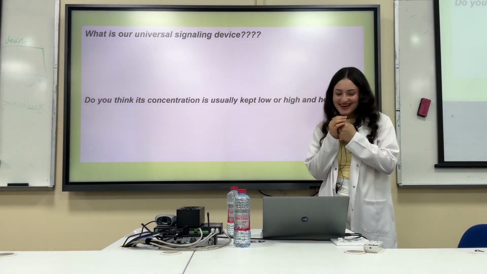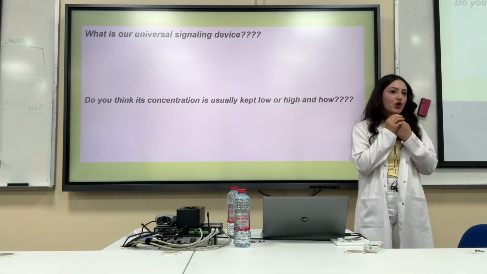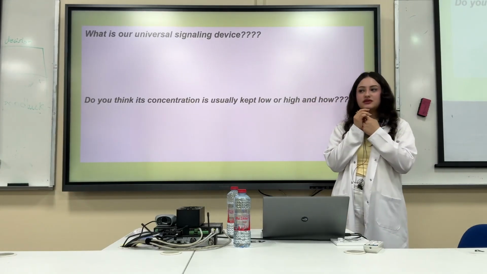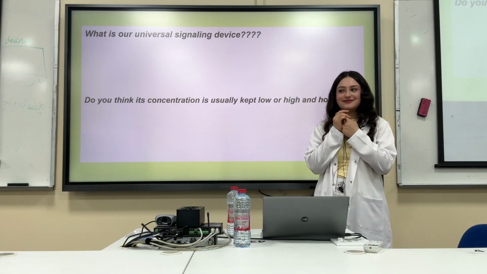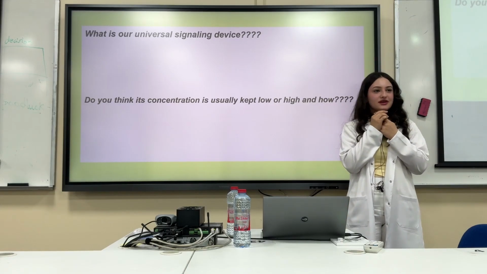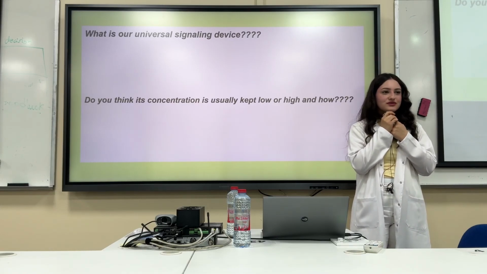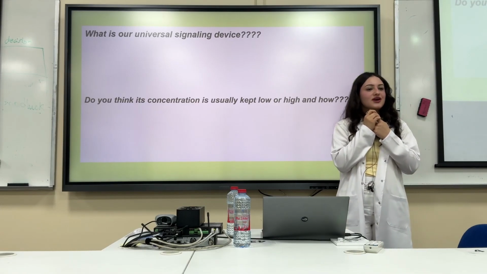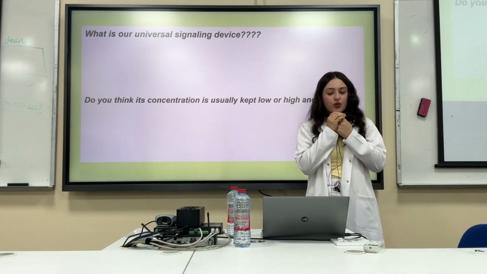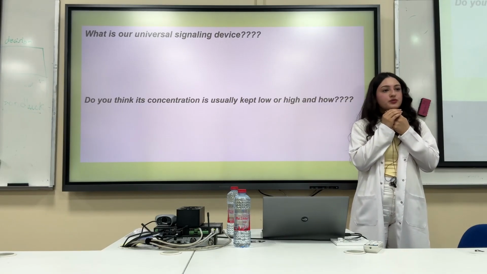Do you think its concentration is usually kept low or high within the cell? No, it's usually kept low. When a change happens and our cells need to act upon that change, the endoplasmic reticulum